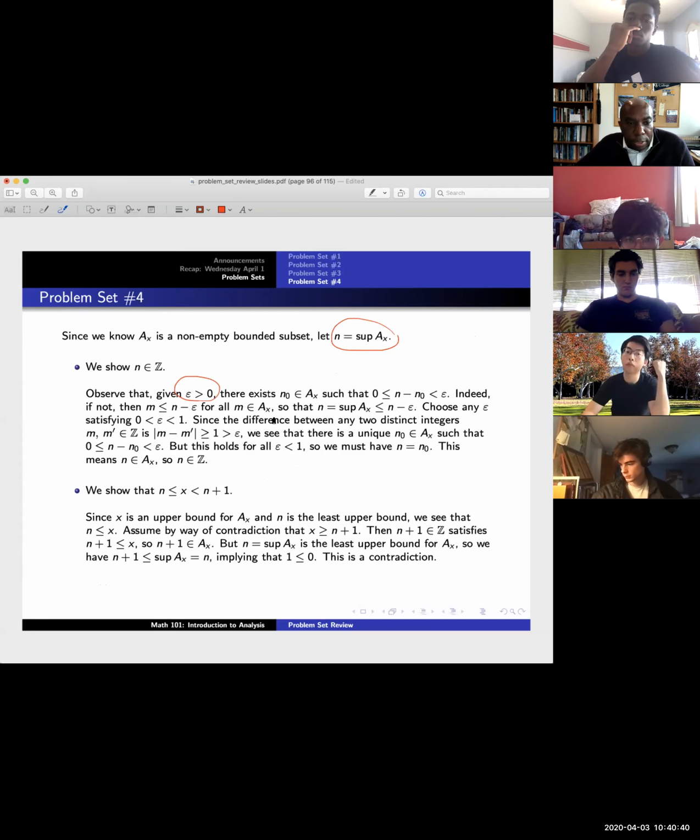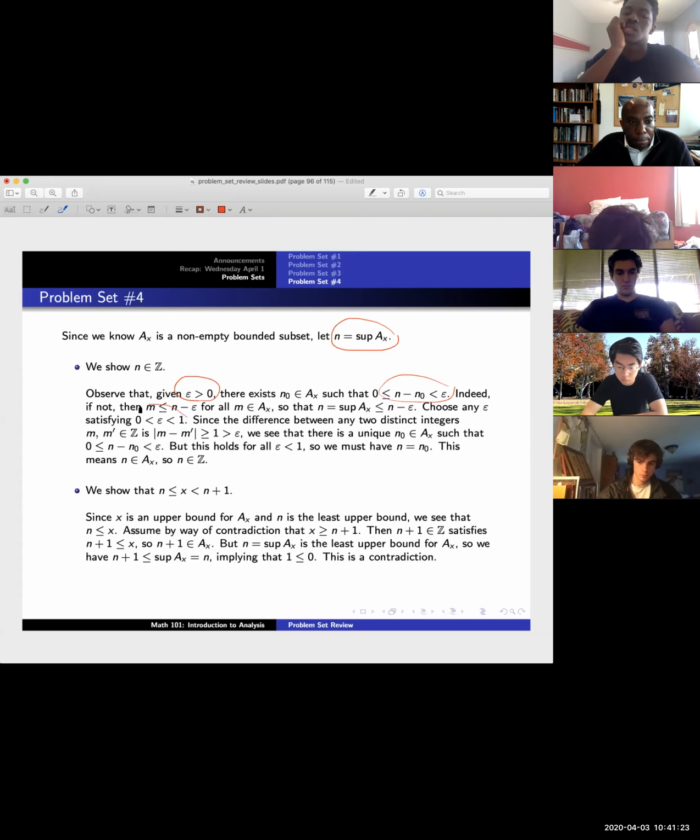Then if you remember back to the statements that we've been writing all along, there should exist some element in A where n0 plus epsilon is greater than the supremum. Remember, this whole thing that I've been stating about the idea of the supremum is that if I add epsilon to that number, it'll be greater than the supremum. So that's what this says: there's some element in A where if I add epsilon to n0, then that will be greater than the supremum. So this just gives some reasoning behind why this is true.